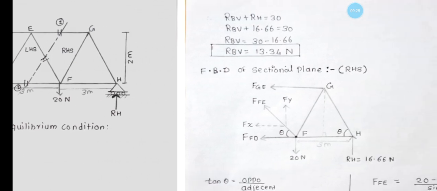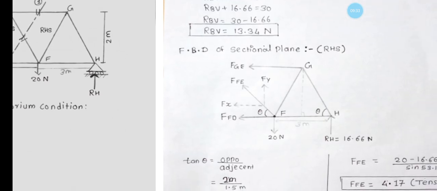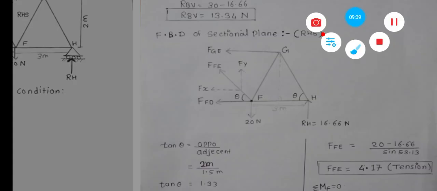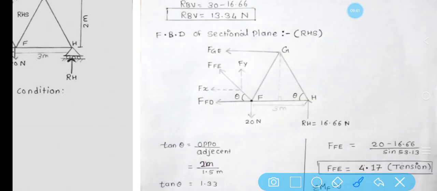So we can draw here the FBD of the section plane of the right hand side, because it has fewer members at the right side of the section. So see here, we've drawn an FBD of the section plane of the right hand side,